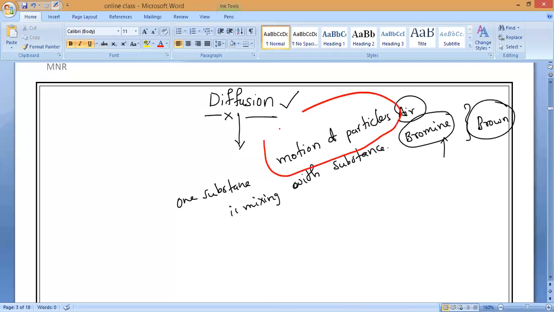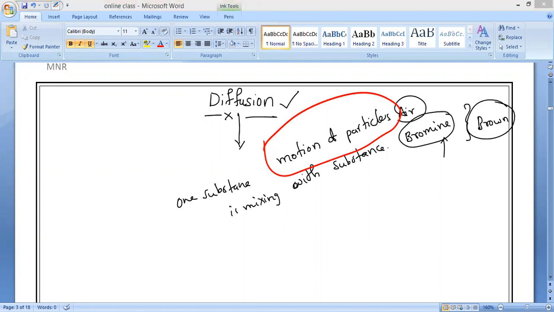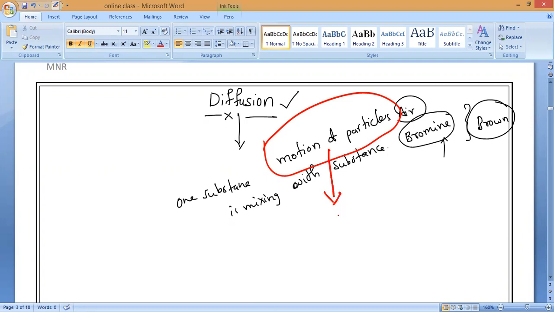So this diffusion takes place because of the motion of the particles. That is very important. Due to the motion of its particles, the spreading out and mixing of one substance with another is called diffusion. The diffusion of one substance into another goes on till what time, guys? Till a uniform mixture is formed. That is very important. Anywhere diffusion takes place between two substances, it continues till it forms a uniform mixture.